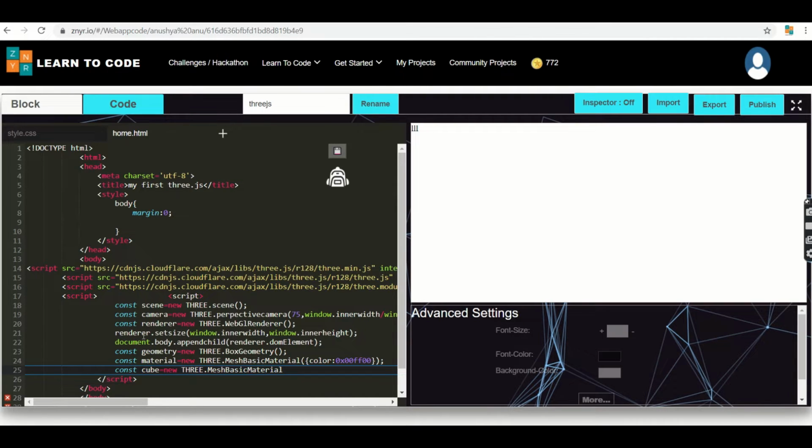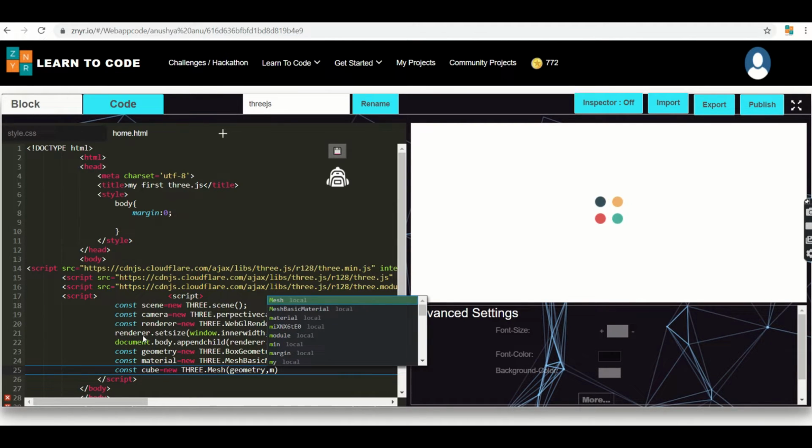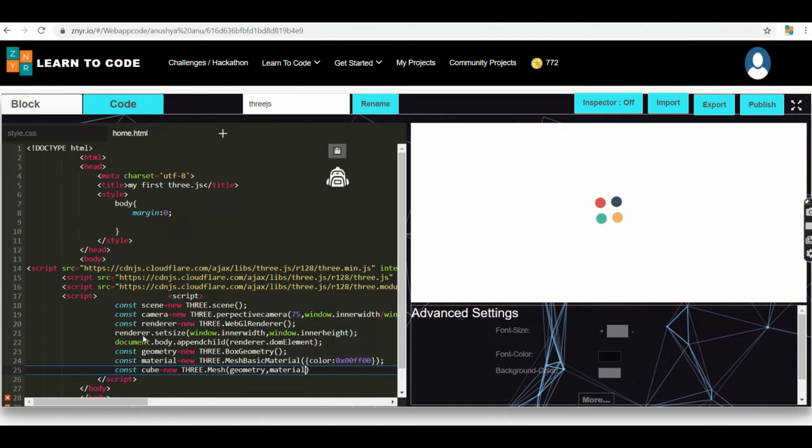Under the cube material we have done the THREE.MeshBasicMaterial. So for the cube I can use new THREE.Mesh, and instead of basic material I can use my geometry, and I'm going to use the material. Then it needs to add to the scene.add, it should add my cube. So this particular thing is added over here.